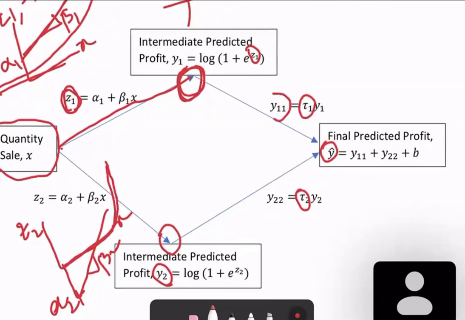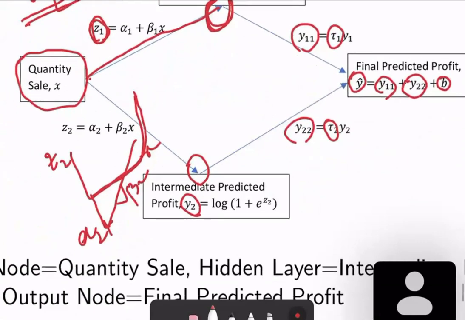Tau 1 times y1 is the weighted amount of y1, and tau 2 times y2 is the weighted amount of y2. So it takes the addition, plus any error it has between these two. With that, it makes the predicted value of y. So how does it work? We can understand better